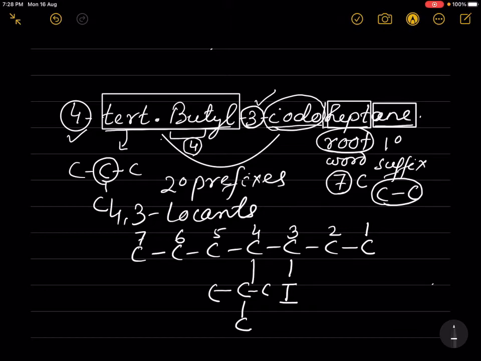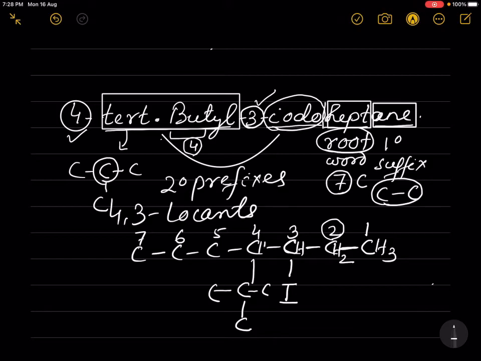Then we have to fill the carbon skeleton with hydrogen atoms. You see, number 1 carbon has 1 bond over here. So there are 3 hydrogen atoms. For second carbon, you will find there are 2 bonds on 2 different sides. So it has only 2 hydrogen atoms. In case of third carbon, there are 3 bonds on 3 different sides. So another bond is there for hydrogen. So you can write CH.